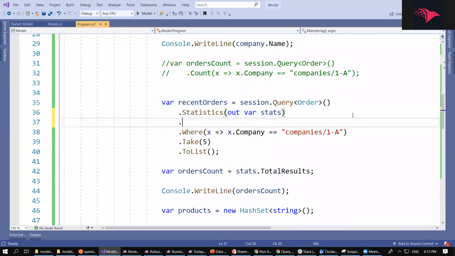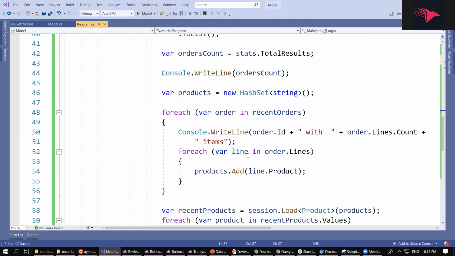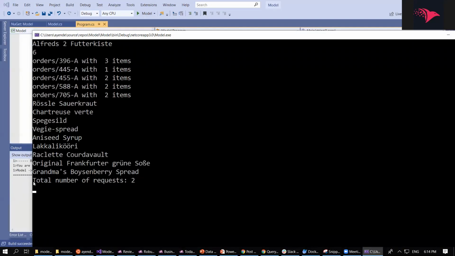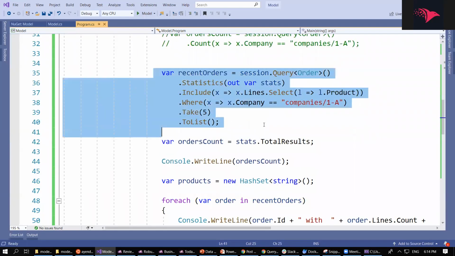In here, I'm going to say, there we go. So what I have here is, okay, let's get the products. Now, remember that previously we had 4 calls here. Now we're supposed to go down to 2 requests. Why is that? This is the first request, get me the company. Then get me the most recent orders. Or actually, this is not even recent because we don't do an order by, but